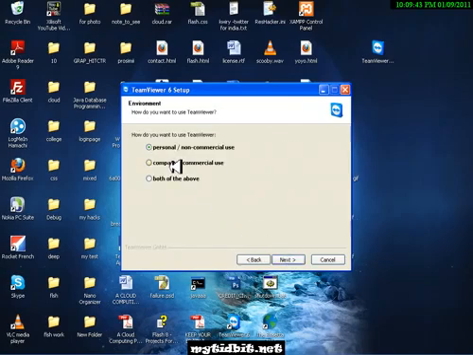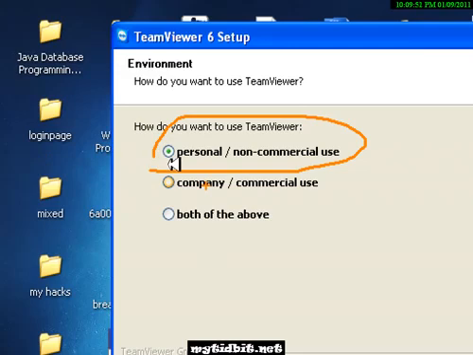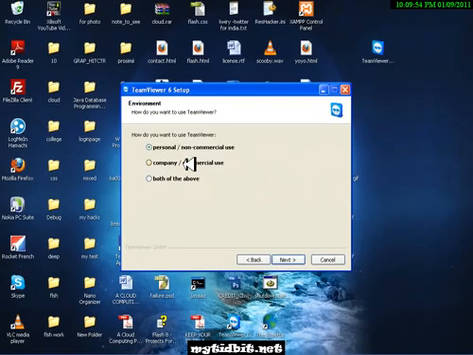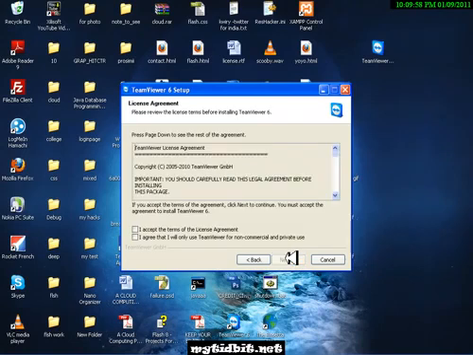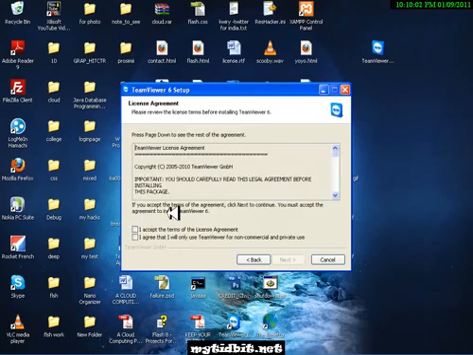And before that, this is very important, it has to be personal and non-commercial use only. If you're going for commercial or any use for your organization, then you will be subjected to evaluation because you cannot use it for more than 30 days or something. So after the trial period, you will have to pay for this to get the license. Click on next after making sure you check the commercial, non-commercial use, then accept the license agreements and click on